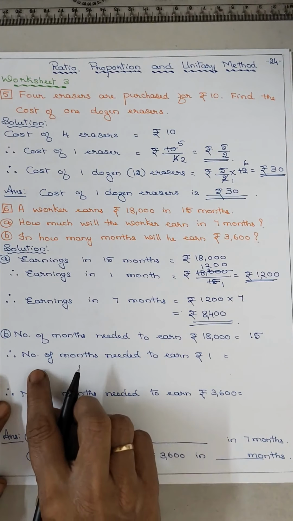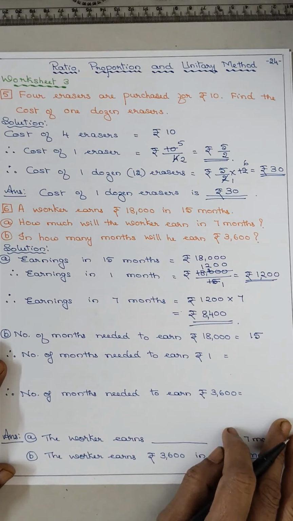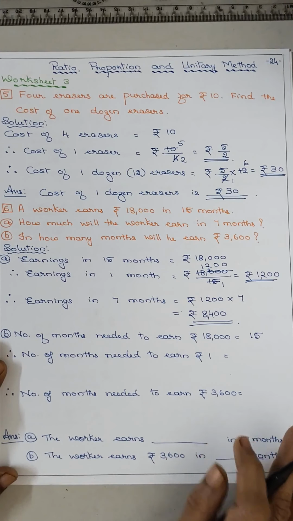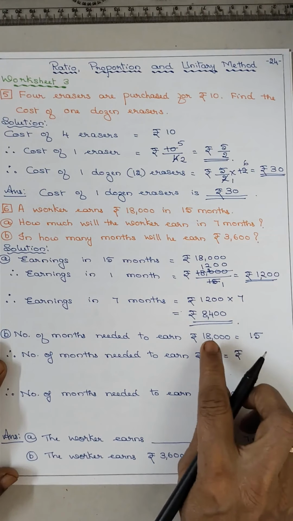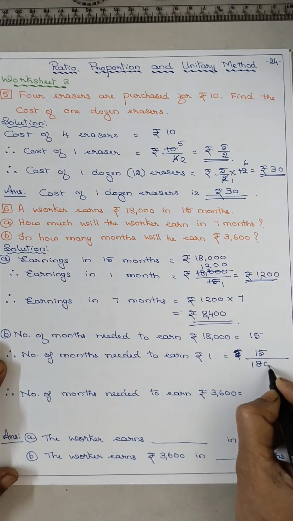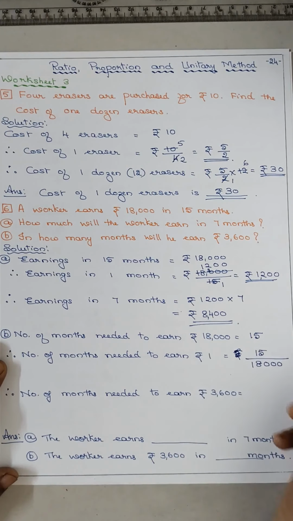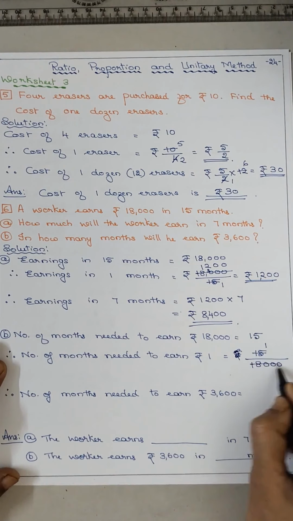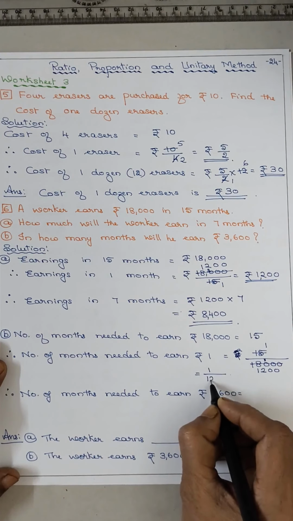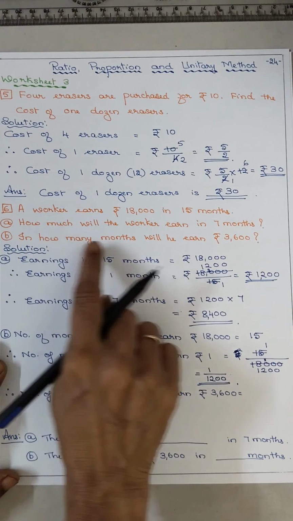Now find out number of months needed to earn ₹1. हमेशा 1 का पूछने का है, थोड़ा अजीब सा लगता है लेकिन करने का ही है सम के लिए. चलो कितना आएगा, 15 upon 18000. So it is not rupees, it is months. Right side का नंबर divide by left side का नंबर. अभी same आएगा but the order is reversed. 15 ones are 15, 3 remains, 15 twos are 0 0, so you get 1 by 1200. फ्रैक्शन में ऐसे आया.